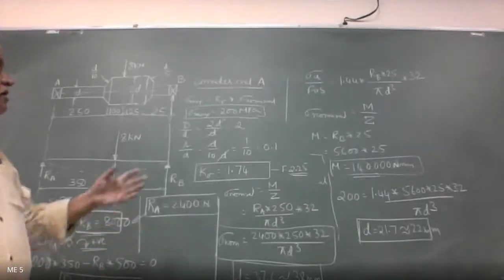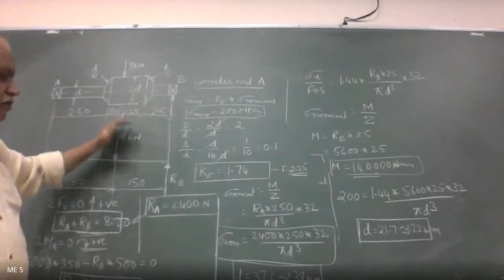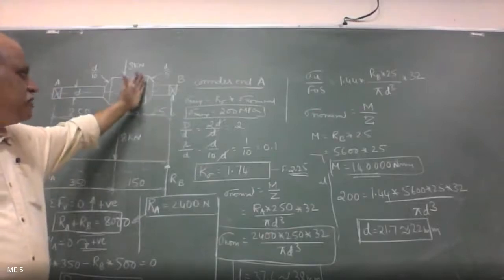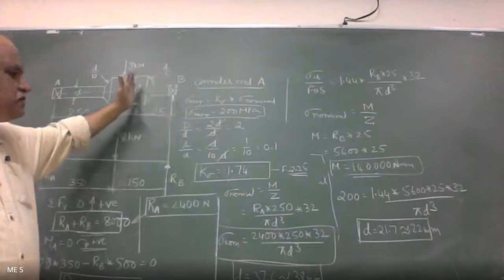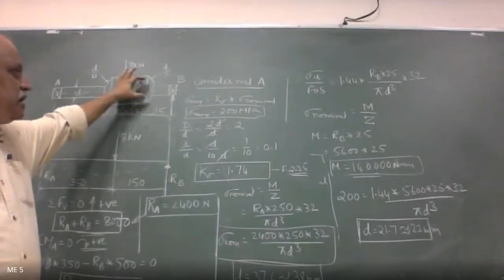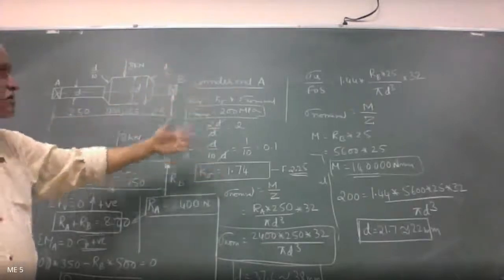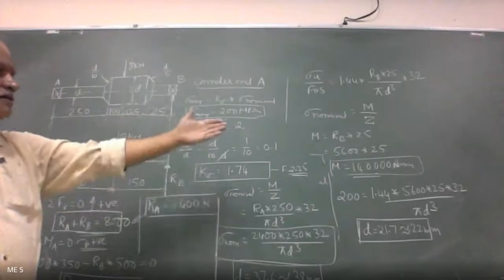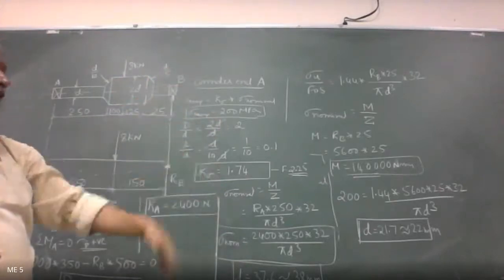It is simple, though the problem looks a bit complicated. It is quite simple if you go step by step. First is to find reactions, then take only NDA as a stepped shaft. We have only RB force. With reference to a stepped shaft subjected to the reaction force there, find out the maximum stress. You can find D by d and r by d ratio, get the value of K sigma, and then the maximum stress is given in the problem. We need to find the diameter.